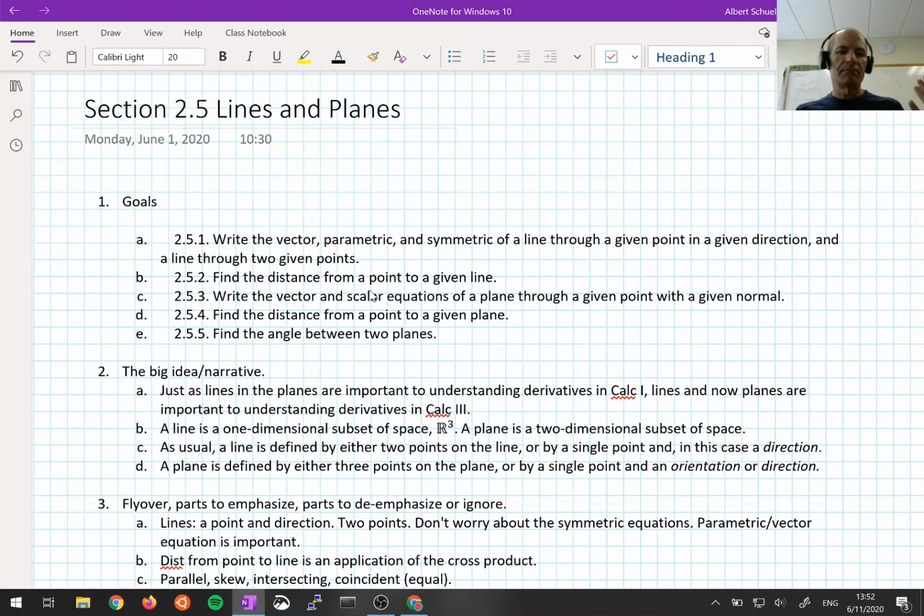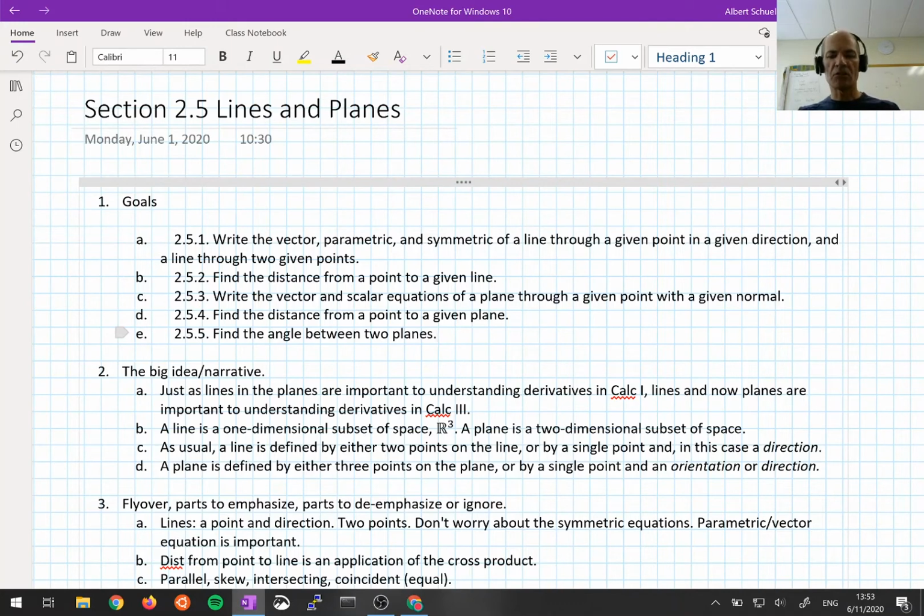So the goals here are to understand how to represent and determine equations of lines in 3 dimensions, find the distance from a point to a line in 3 dimensions, to be able to determine and write the equation of a plane in 3 dimensions, to be able to find the distance from a point to a plane in 3 dimensions, and then a somewhat lesser example, but more just to illustrate the idea that I want you to be able to answer questions about the geometry of planes and lines and how they're related to each other. So finding the angle between 2 planes, great, but more broadly, just the geometry